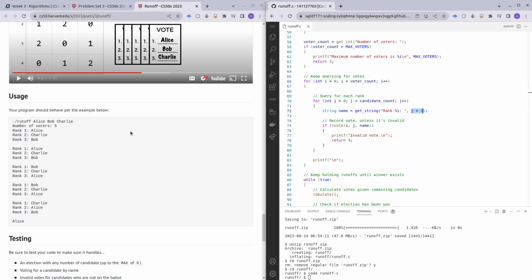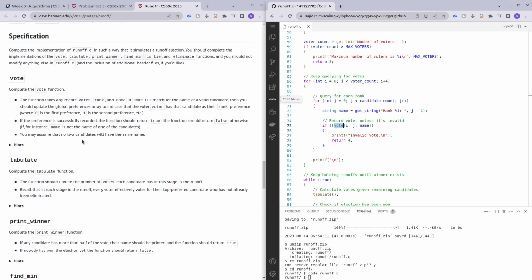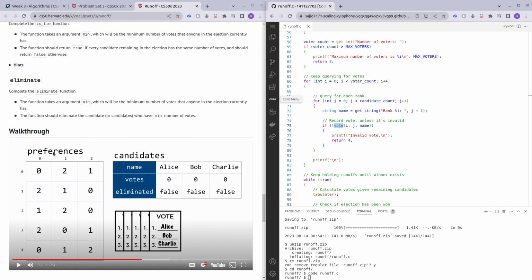As you guys can see, we will have rank 1, and then rank 2, and rank 3. So while we are asking for the rankings for their candidates, we will be running this vote function. So what is this vote function going to do? If you guys take a look at the specifications, the vote function is gonna be plainly populating the preferences array,